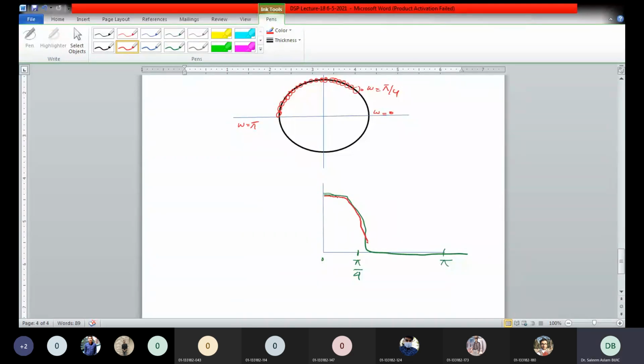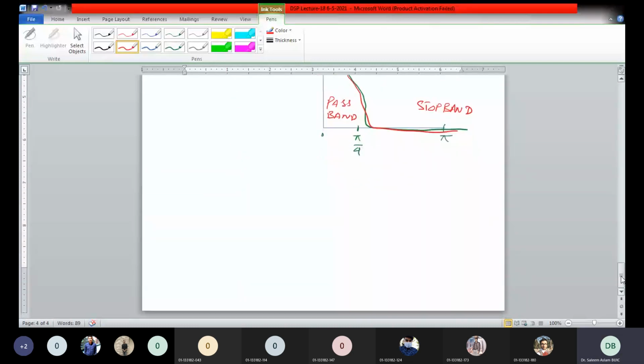It needs some transition for a practical filter. So this would be the pass band, and this is your stop band. Look how easy it is to get a rough estimate of a low pass filter. Similarly, if you are asked to design a high pass filter,